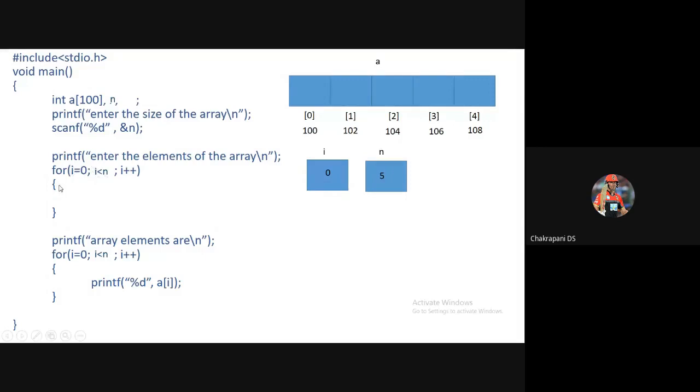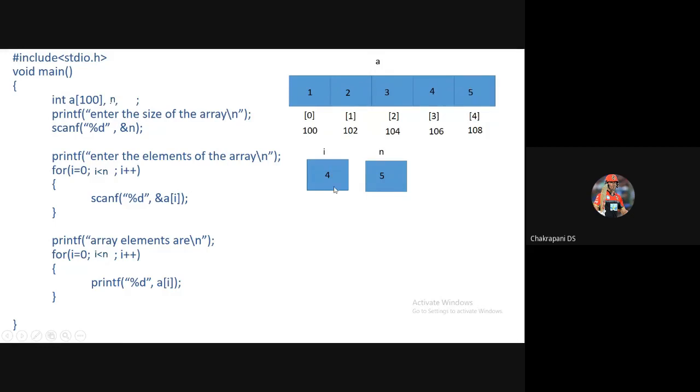So within the for loop, of course you people know what this is here. scanf percentage d ampersand a of I. The I value is 0, so it is ampersand a of 0. The first value entered by the user gets stored. Because it is a for loop here, it keeps on storing. The I value keeps on getting changed, and based on the I value, which represents the index value, the elements entered by the user are stored in the array here. Okay, so observe here, when the I value is 4, the element should be stored at the 4th index, and that value got stored.